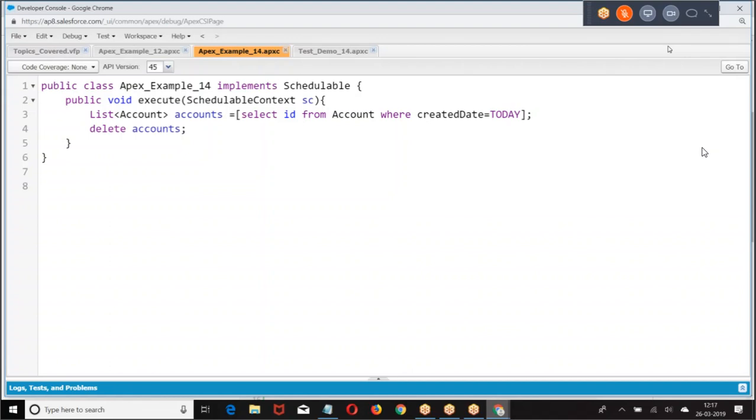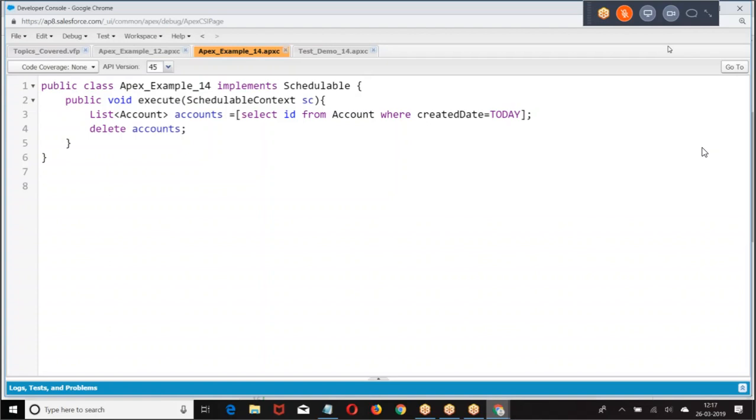But when you want to survive in the company, list, set, map with the wrapper class. If you are able to write SOQL query with the wrapper, DML with the wrapper, list, set, map, you will be able to survive in the company. For clearing the interview, you don't need to prepare all the hands-on. You prepare SOQL, the 10 questions, DML, 8 questions, right? Then triggers, batch Apex, schedule Apex, future, custom setting, custom metadata types.